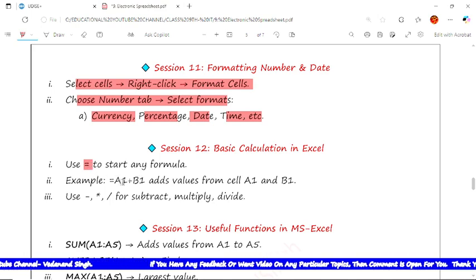then we write the sum. After that, whatever columns we want to add, we put the column name. A simple example is here: equal to A1 plus B2 adds the value from cells A1 and B2 and it would give you the particular output. This symbol is used for addition, this for subtraction, this is for multiplication, and this symbol is for division.